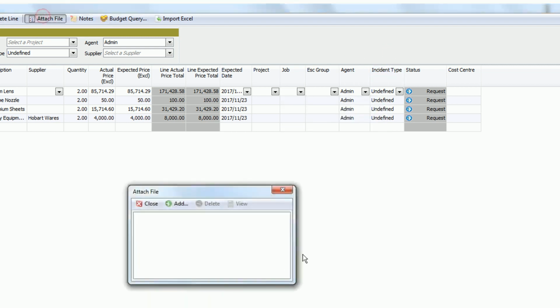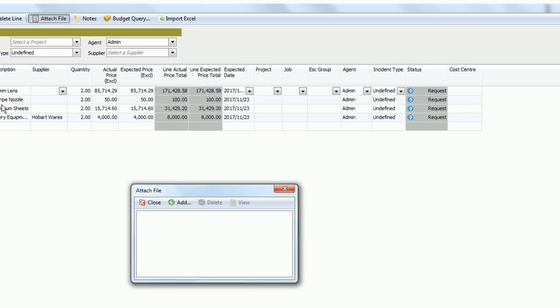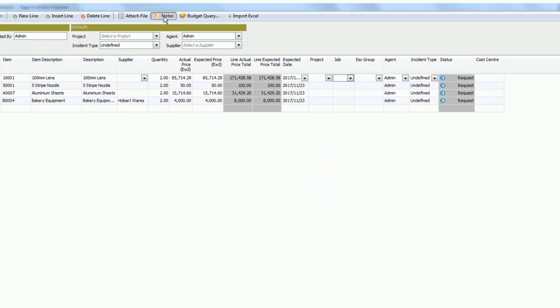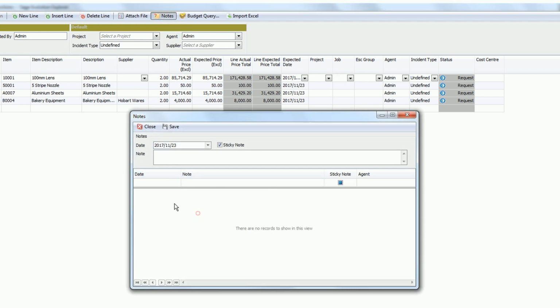You can attach a file. So maybe you need pictures of certain items that you're requesting, you can attach them to this particular source document. And then you can attach notes as well. Should you want anybody to get anything or know anything about this particular requisition, you can attach a note, and this note will follow through the entire procure to pay process. Okay,